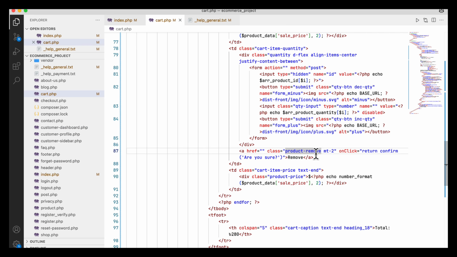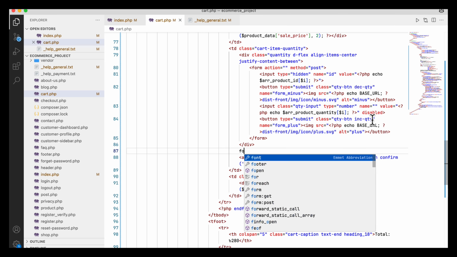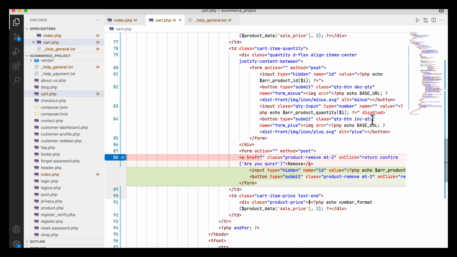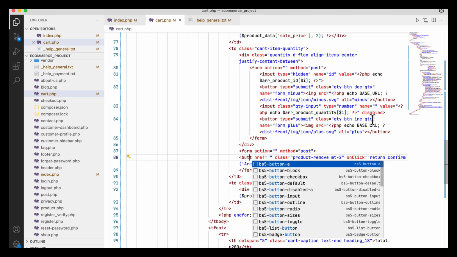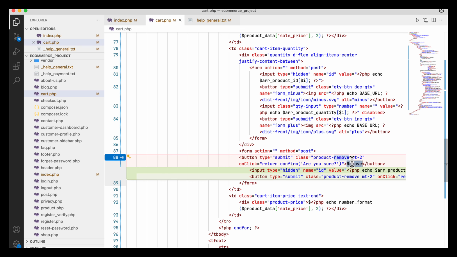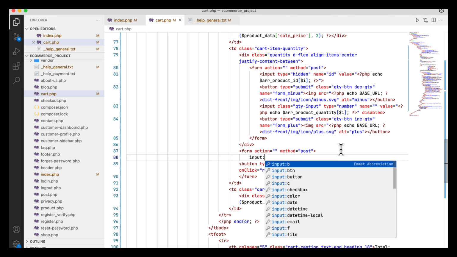But if I want the form system here like before that I tried in sketches, so similarly here I can use the form post, and here I am going to cut it and paste it here, and this will be button type equal to submit, and here href is not needed, product class equal to this, onclick is this, remove is also this,